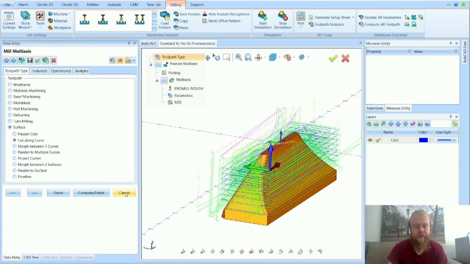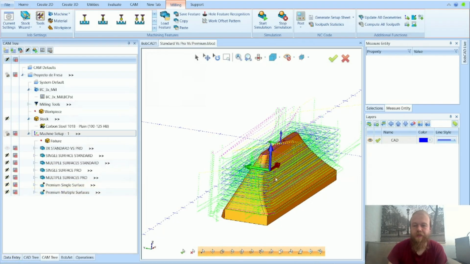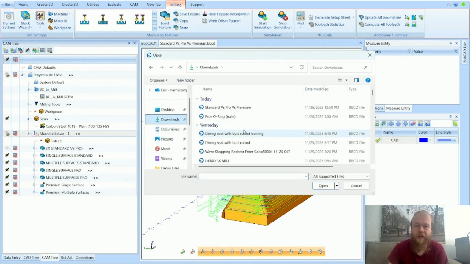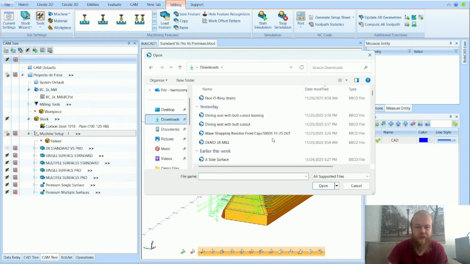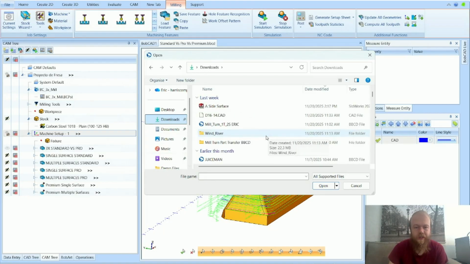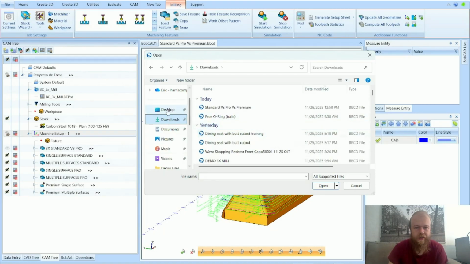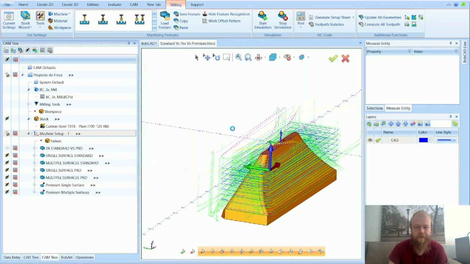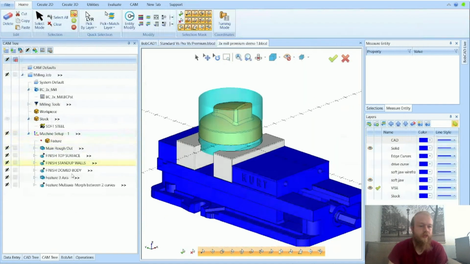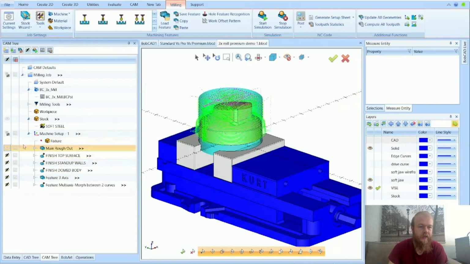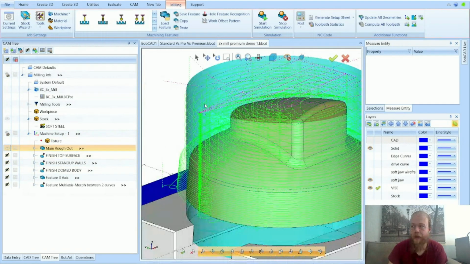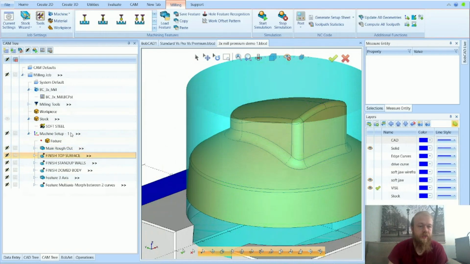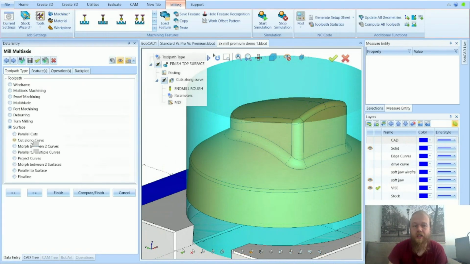I'll do another part file because I've only got flow line in this one. We'll take a look at a second part file that I have for cuts along curve, morph between 2 curves, and some other options there. Demo files and 3 premium. There we go. So this one, I used 3-axis Pro to rough it out. I next used the cut along curve,